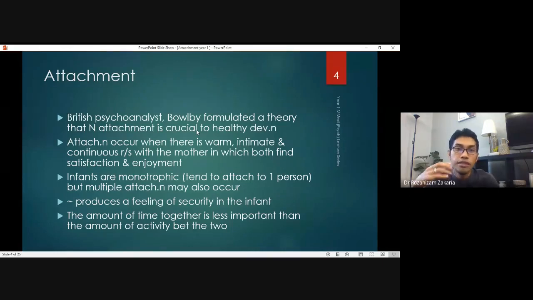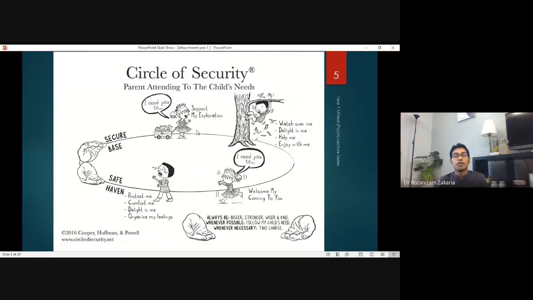Okay, so the theory comes from a psychoanalyst by the name of Bowlby. Bowlby developed this attachment theory. Now, one of the things that helps us understand attachment is something we call the circle of security. Now, you all don't have children yet, but maybe you have seen your younger brother, younger child, niece or nephew, and if you can imagine,